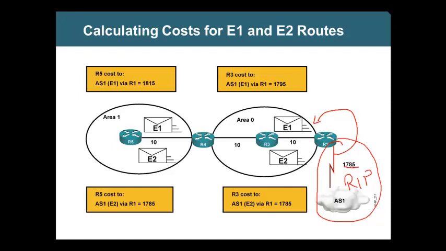the metric given is, for example, 1785. If you don't give this number, any number, the default will be 20. When you redistribute RIP routes into OSPF, all those RIP destinations, all those RIP networks will have 20 as a metric by default. Whether it is 20 or some other number like what is mentioned here, 1785,